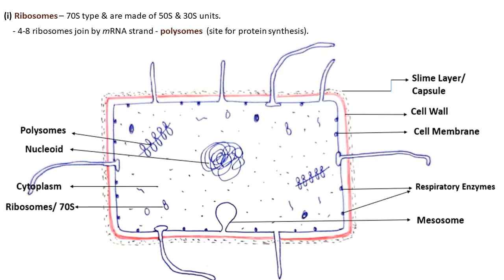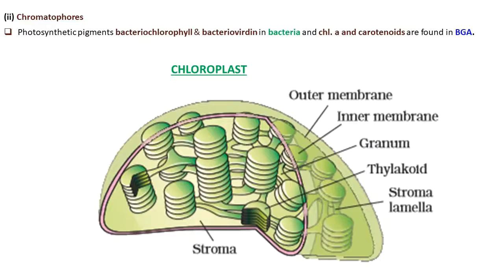Next, bacteria perform the function of photosynthesis. But students, as you know, for photosynthesis, the organelle required is the chloroplast. But what we are doing is the prokaryote cell. In a prokaryote cell, except for ribosome, all organelles are absent. So in a prokaryote cell, instead of a chloroplast, we use the word chromatophores.